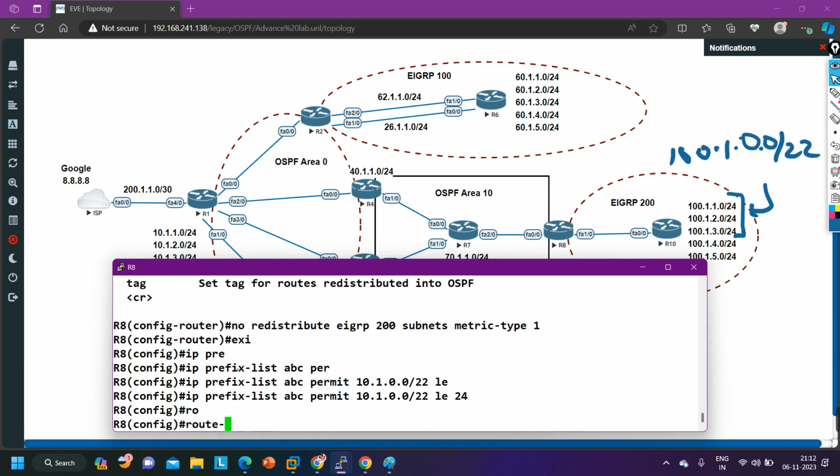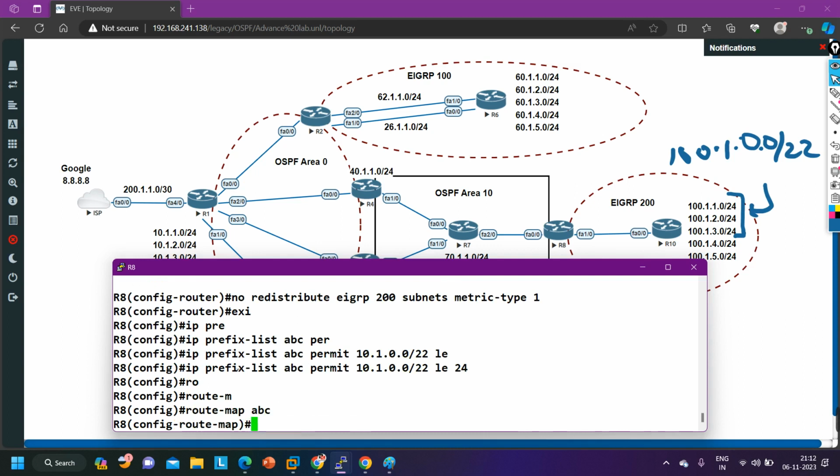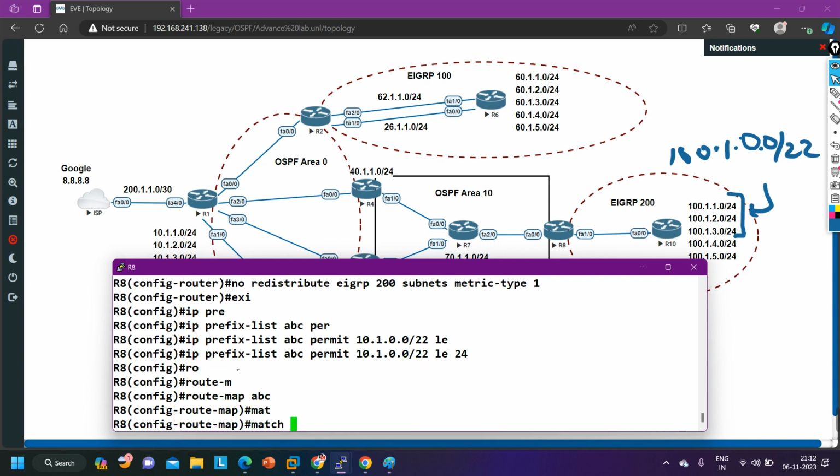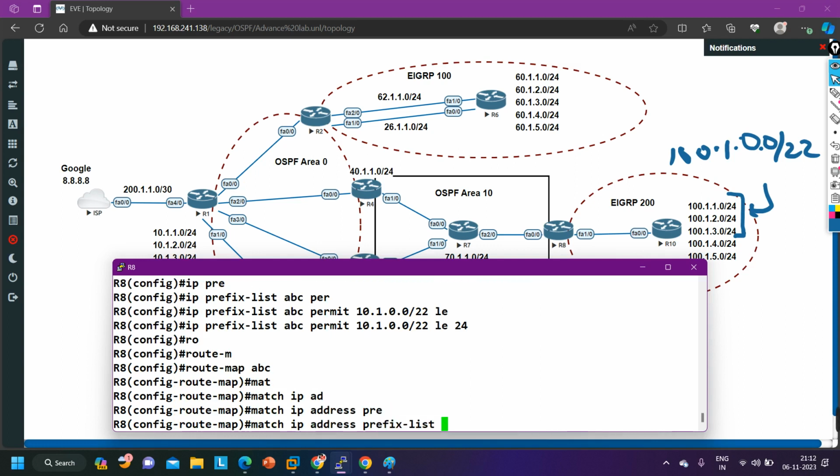Now what I can do here, I can create one route map ABC. In this route map I can say match IP address prefix list name ABC,